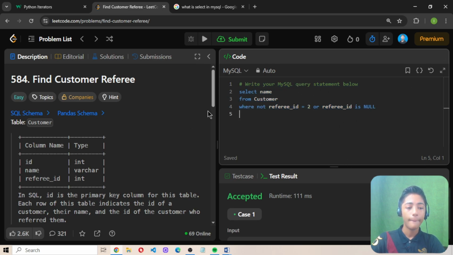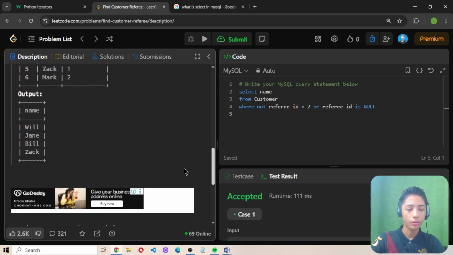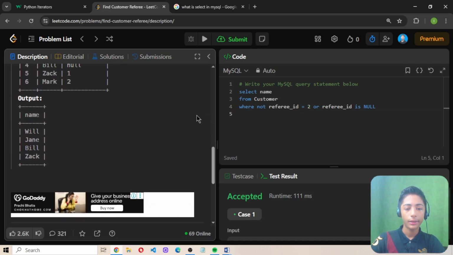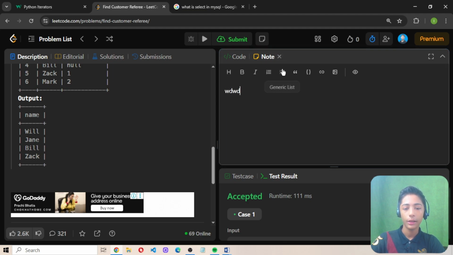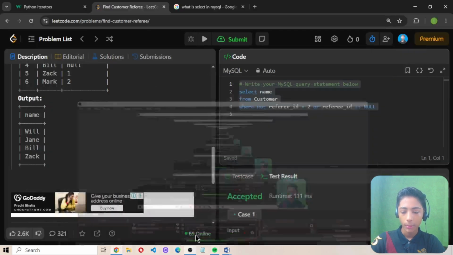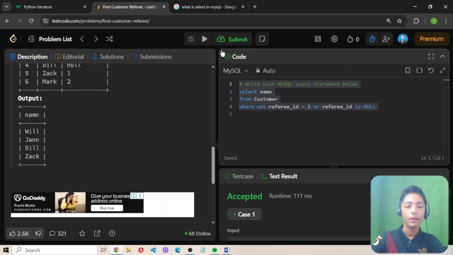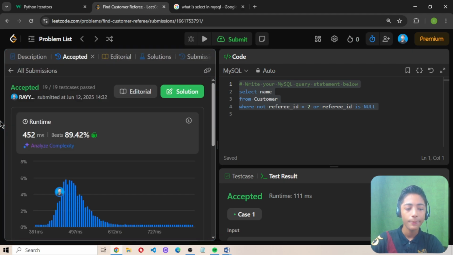Okay, now let's see all the code correctly. Okay, it is accepted. Now let's submit the code, and you should also make a note here. Like these types of notes in LeetCode. Now Control+Enter is a shortcut key to submit your code. Okay, but I am submitting it generally, now from my mouse. So I press my mouse, and it is submitting, and when it has been submitted, it has been accepted,